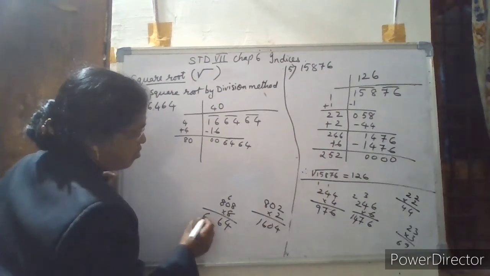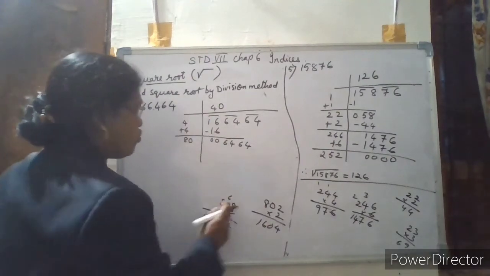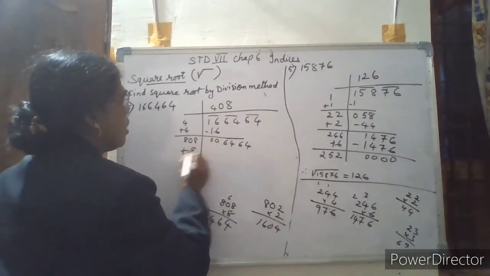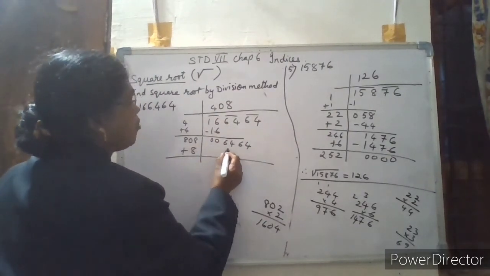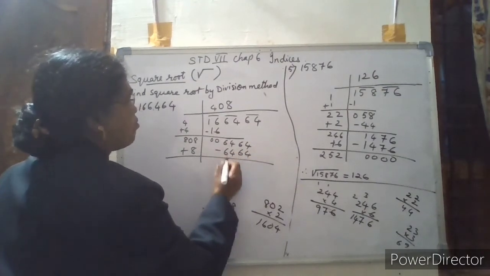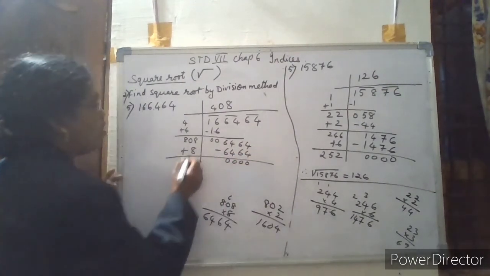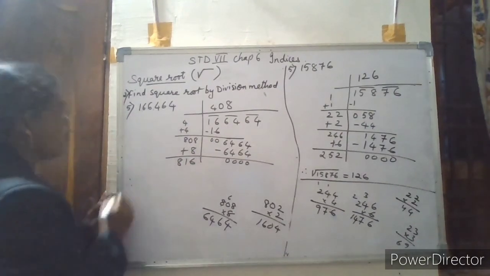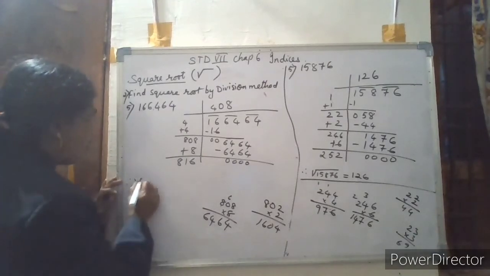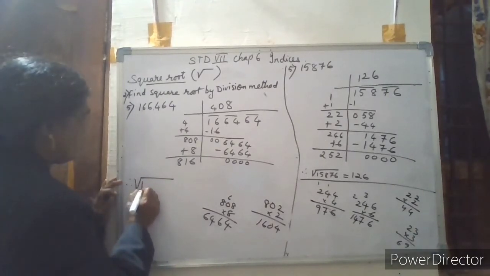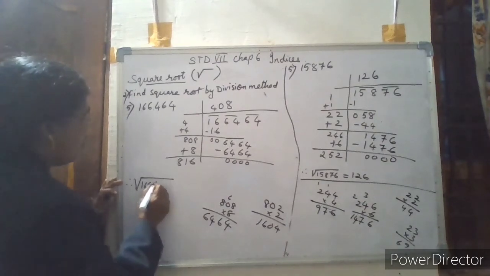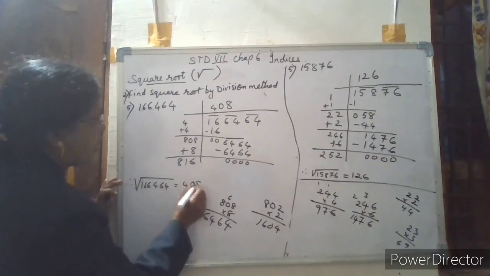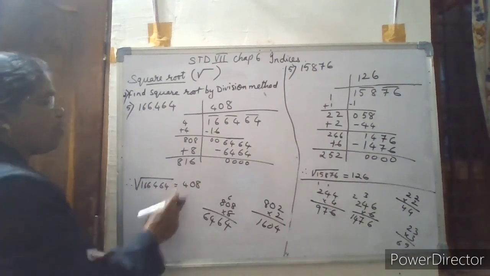So therefore here take this 8 8 plus 8. Then write the same number 6464. Minus, 0 0 0 0 remainder I have got. Add this 8 plus 8, 16. Carry 1, 1 and 8 here. Therefore the square root of 1,66,464 is equal to 408. That means if I multiply 408 into 408, I will get this number.